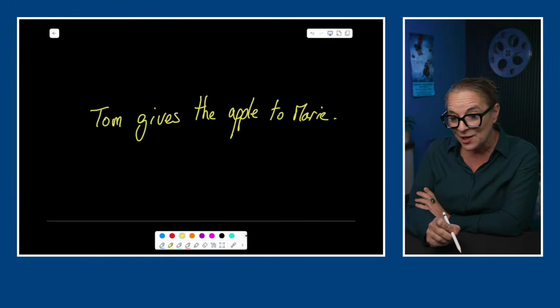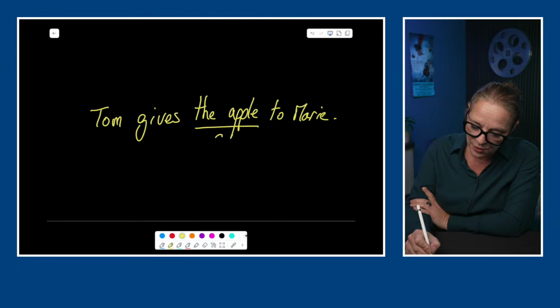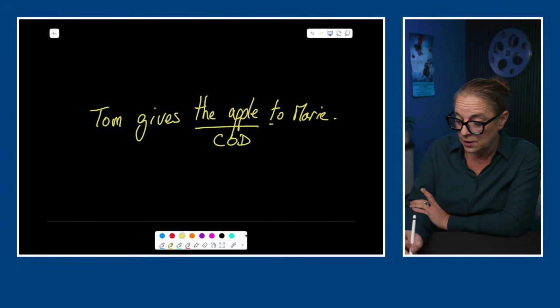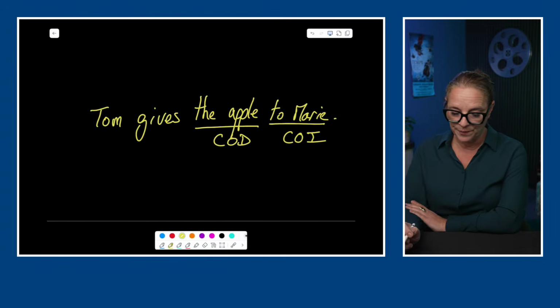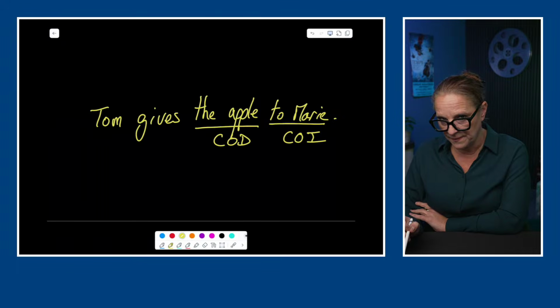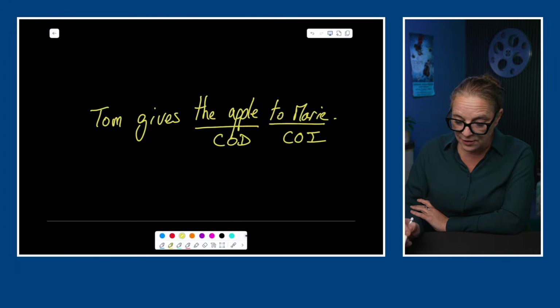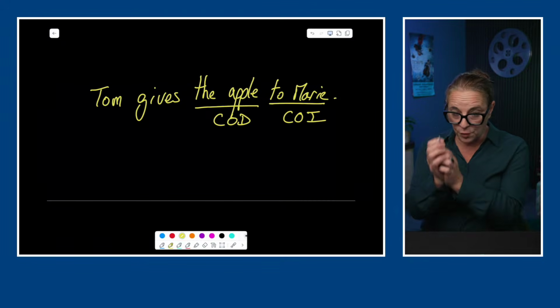So, Tom gives the apple to Marie. Apple is the complément d'objet direct. To Marie is the complément d'objet indirect. Okay, so it's an indirect complement. Tom gives what to whom? That's an indirect object complement. So, if you wanted to replace this by a pronoun,